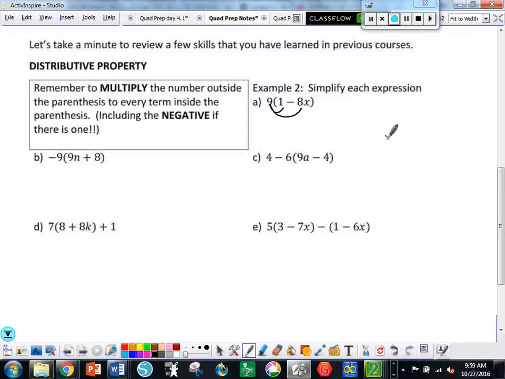So 9 times 1, 9 minus 9 times 8, 72x. Can you combine those two further? No. One has a variable, one does not. Next one. Negative 9 times 9, negative 81, and negative 9 times 8 would be